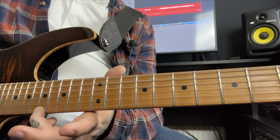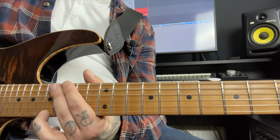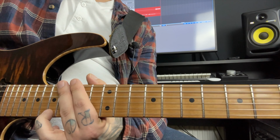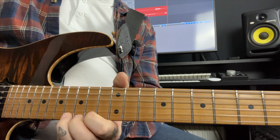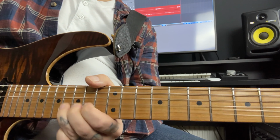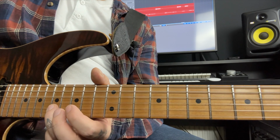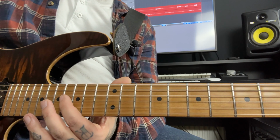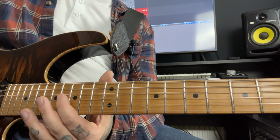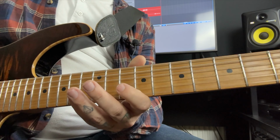Then we pick the 17 on the top E again, and on the record, and I'm doing it here as well, using the trem bar to dip that note down slightly. Then we pick up on the 16th fret of the top E, and we bend it up to a 17, and then pick the 16. Then we play the 17 of the B, and then we play the 16 of the G 3 times. So that whole section from the diminished run becomes...